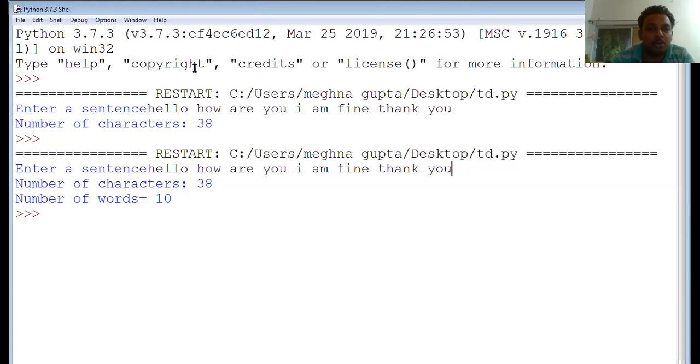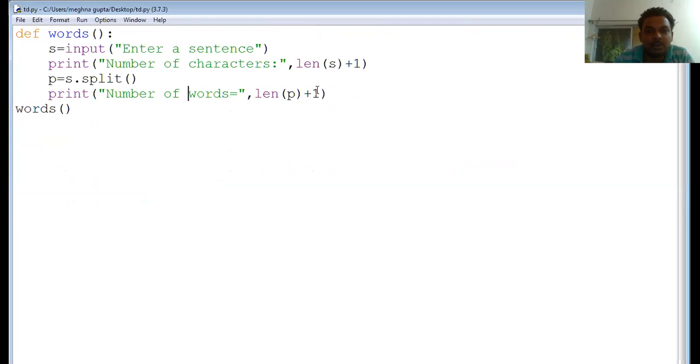Okay, I need not to give here length plus 1, because length is always, I need not to give here plus 1. So that will be only length b. Here also I need not to give length. So